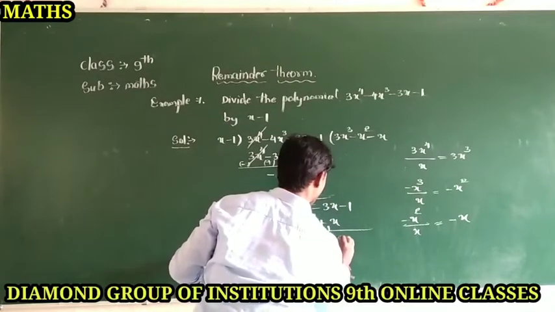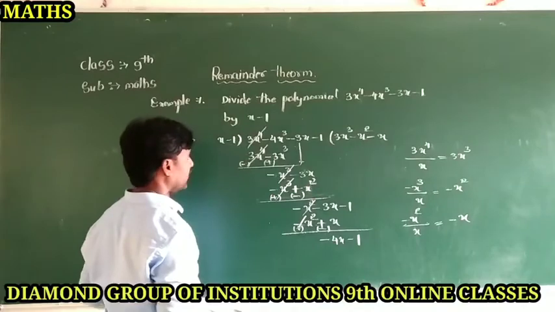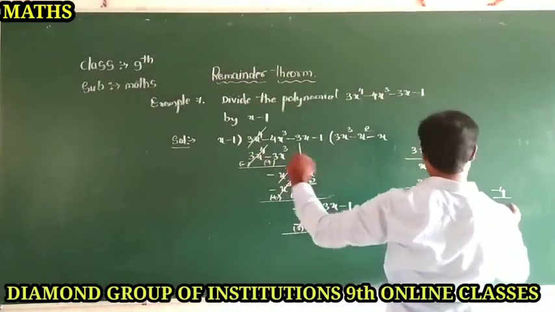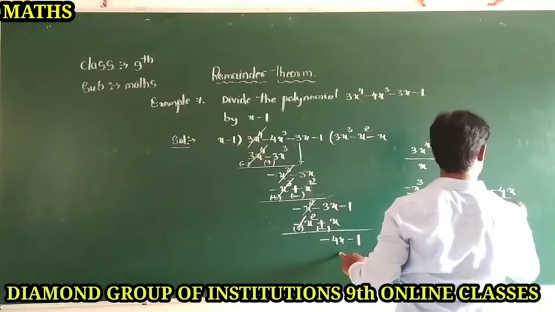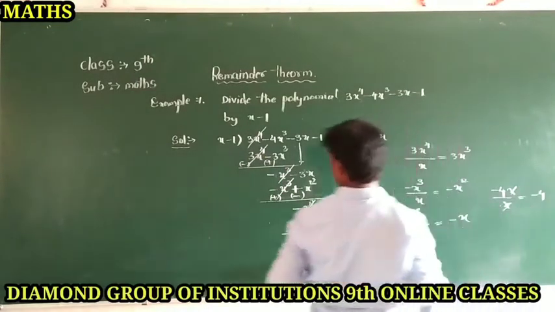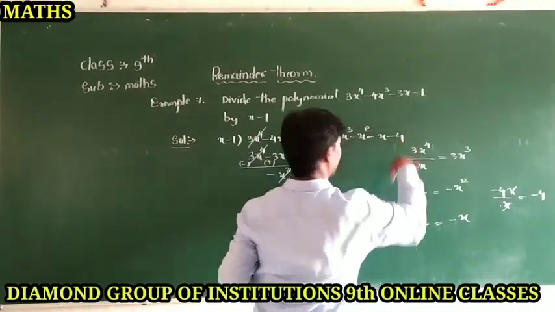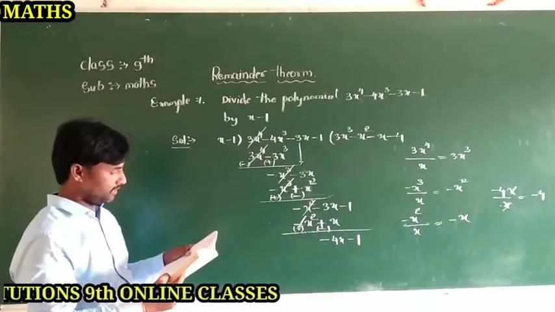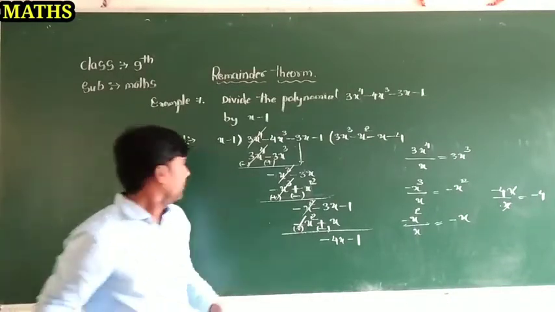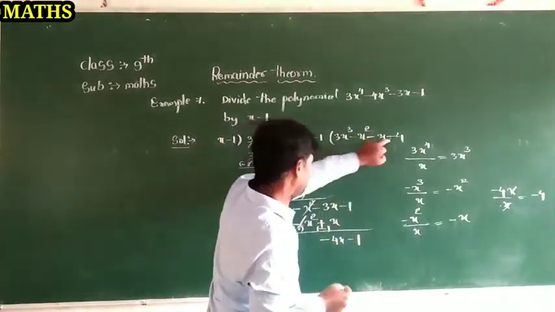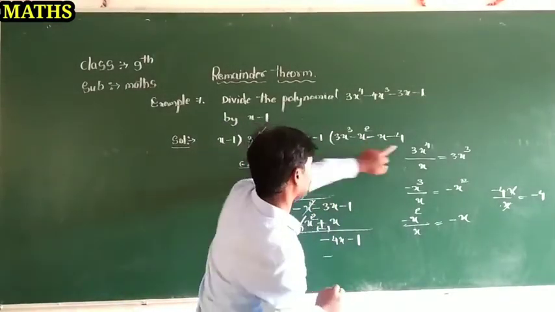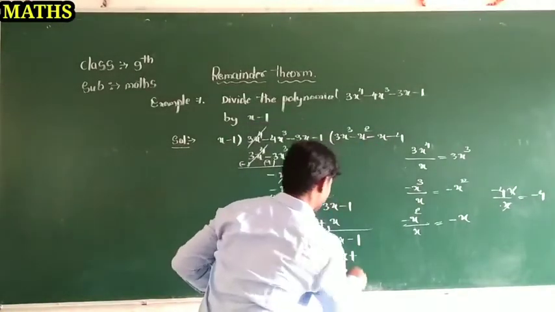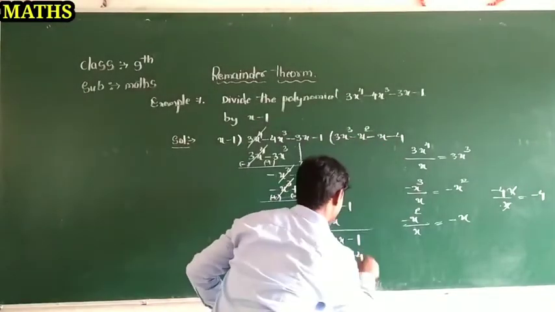Here minus 4x minus 1 is there. Now minus 4x upon x, both get cancelled. Minus 4, dear students. Now we got here minus 4. Let us see once again. Minus 4, dear students. Plus into minus is equal to minus, x into minus 4 is equal to minus 4x, minus into minus is equal to plus, 1 into 4 is equal to 4, dear students.